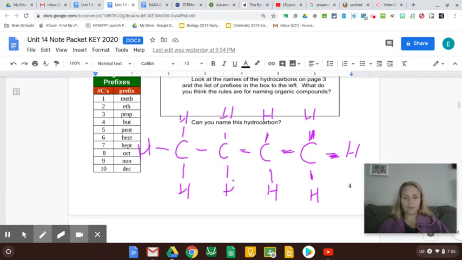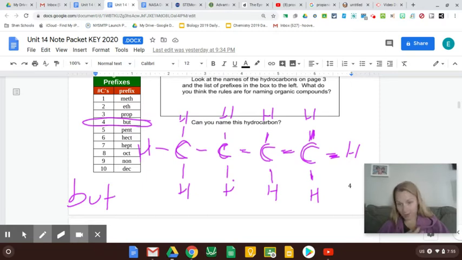So let's see if we can name this organic compound. I like to start with the ending and work backwards. So I have 1, 2, 3, 4 C's. So that's but-, not counting the H's. Oh, I said I was going to start backwards. I didn't. Everything in organic is all about carbons, so it's how many carbons are there. And then the second part is: is it butane, butene, or butyne? That's where we look at whether there are single, double, or triple bonds between the carbons. So if there were a double O over here, that wouldn't matter because organic chemistry is all about the carbons. So I see all single bonds, so that is ane.